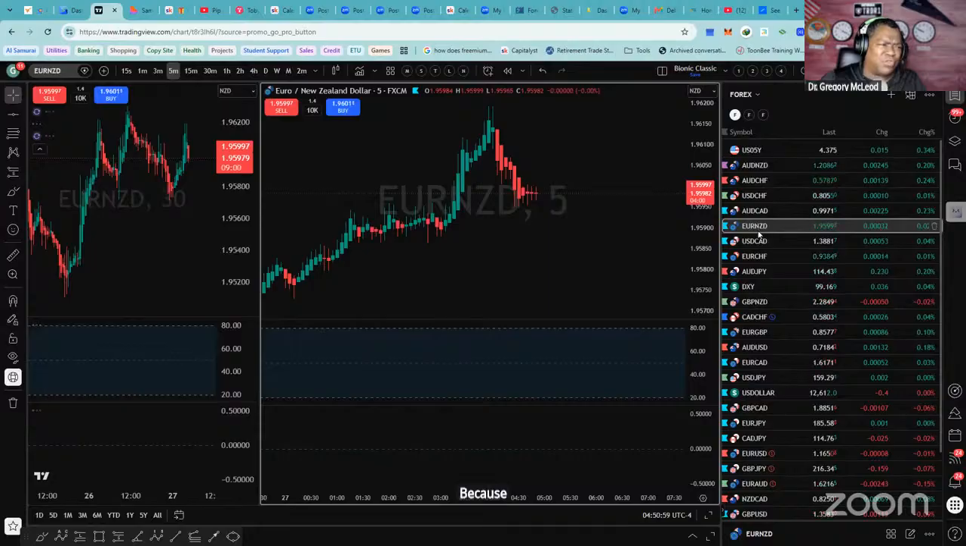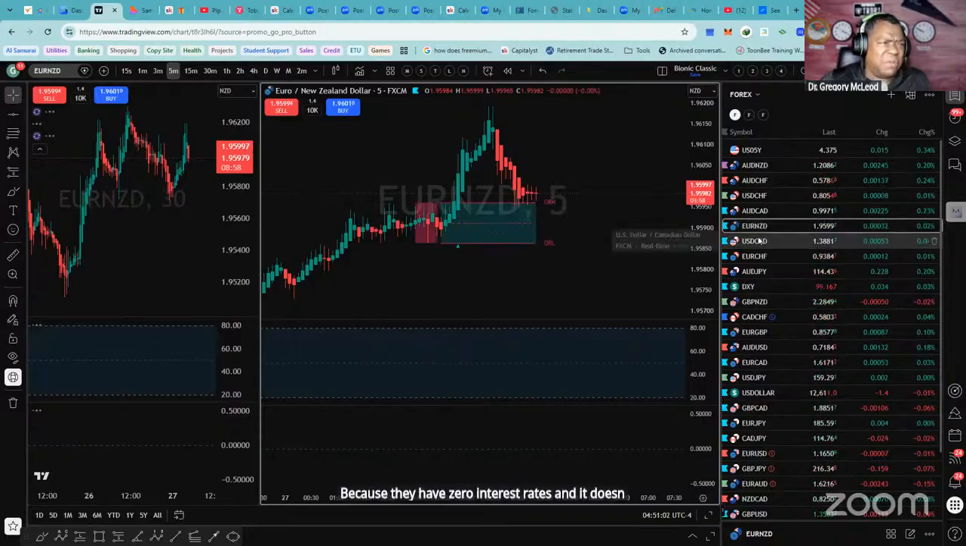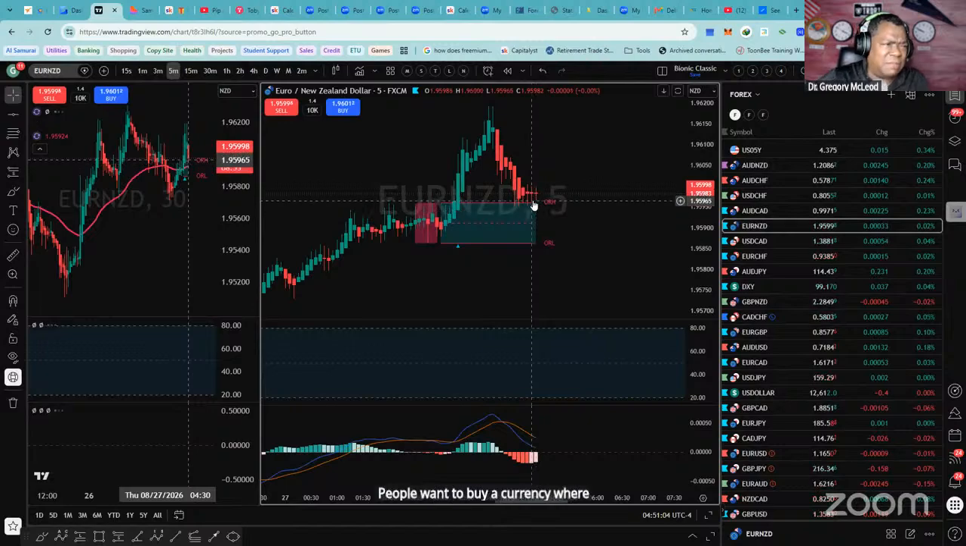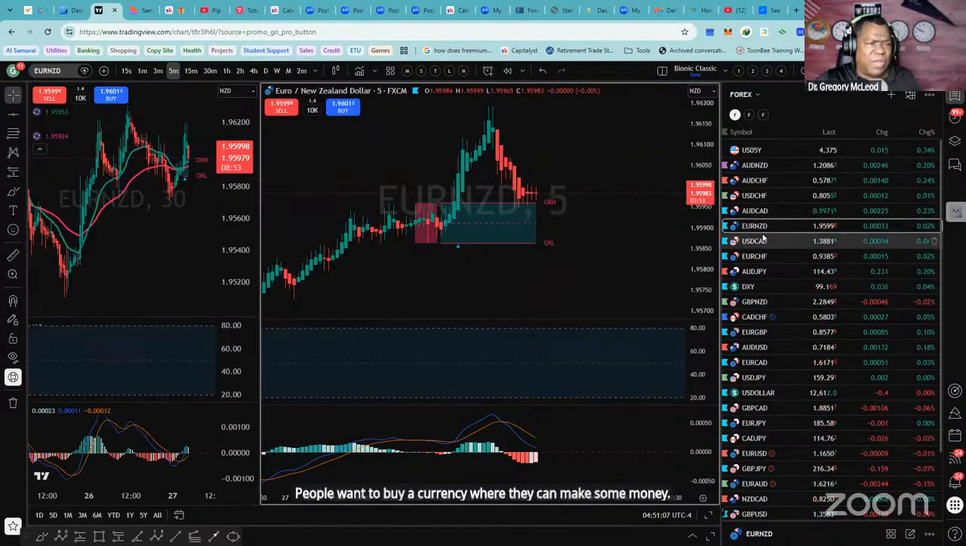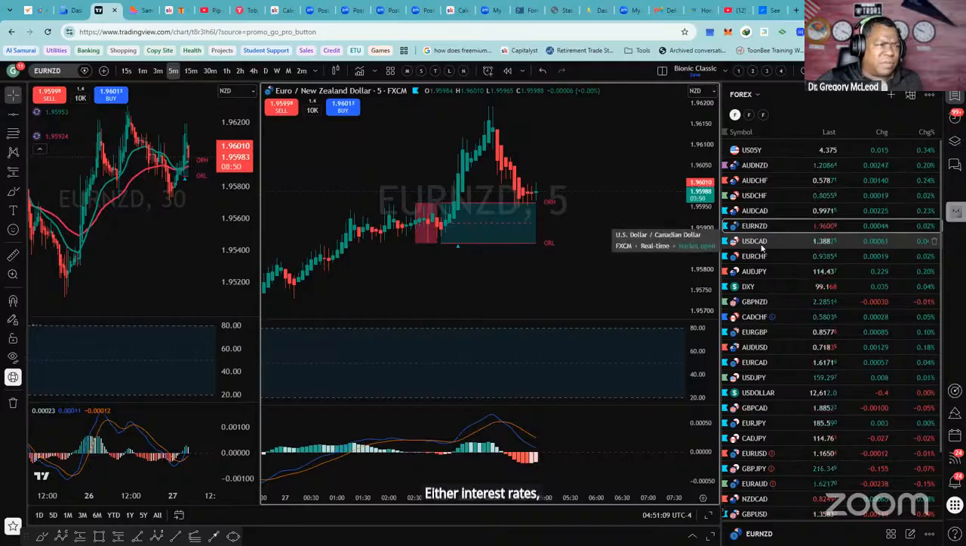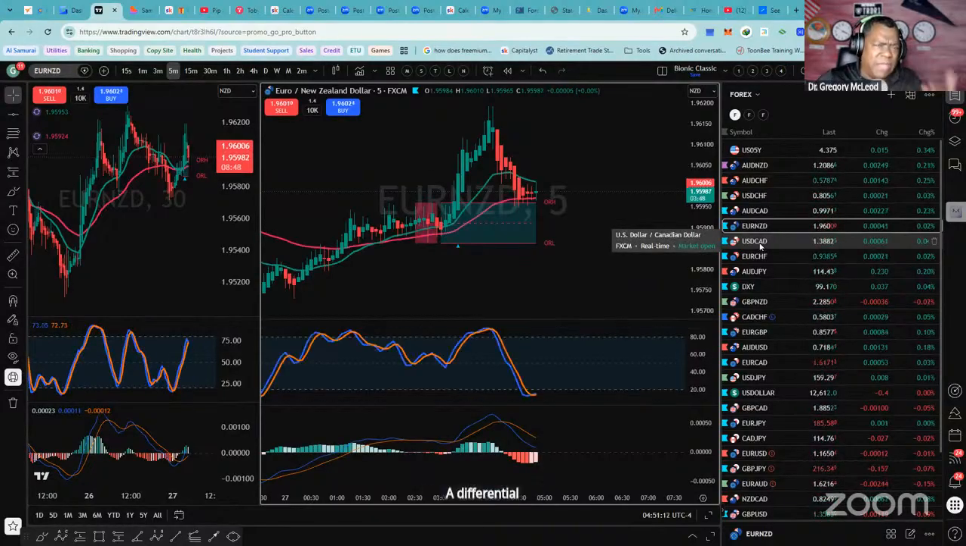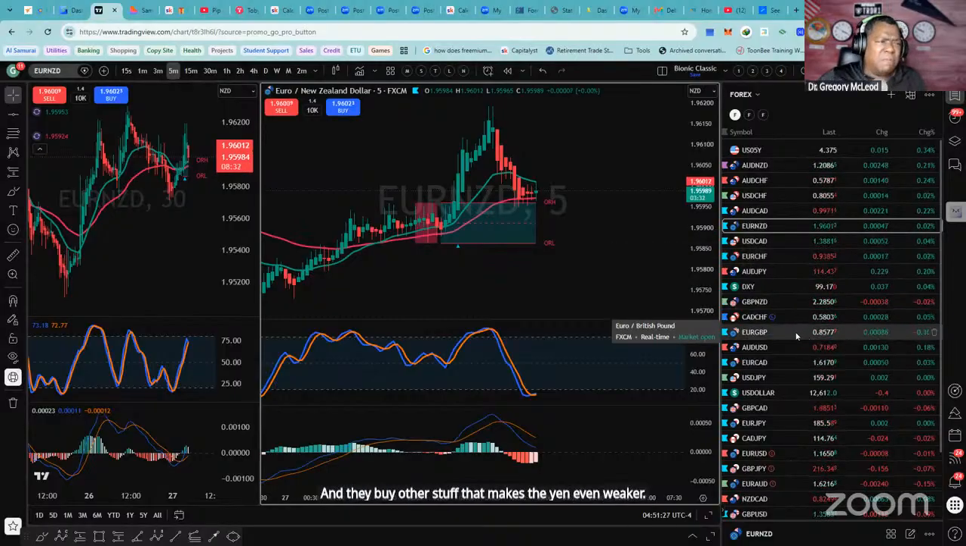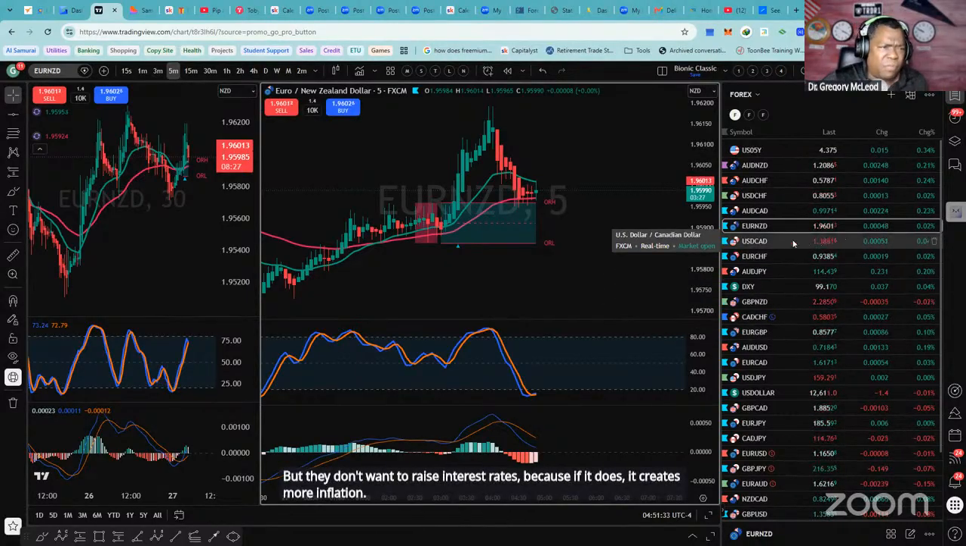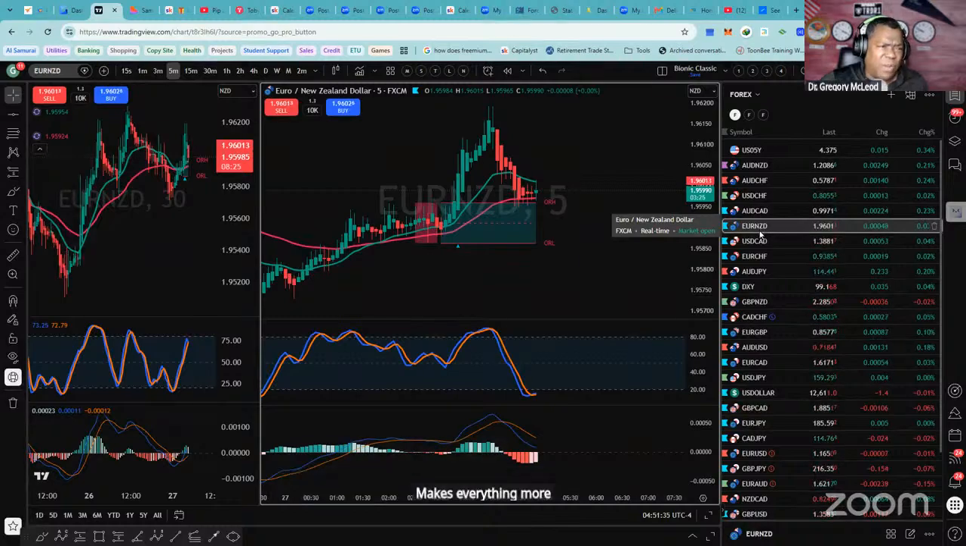Because they have zero interest rates, and people want to buy a currency where they can make some money, either interest rates or the differential. The yen has a very low interest rate. I think it's like 0.7%. So people borrow in yen and buy other stuff. That makes the yen even weaker. But they don't want to raise interest rates because if they do, it creates more inflation, makes everything more expensive. So they've been avoiding that for